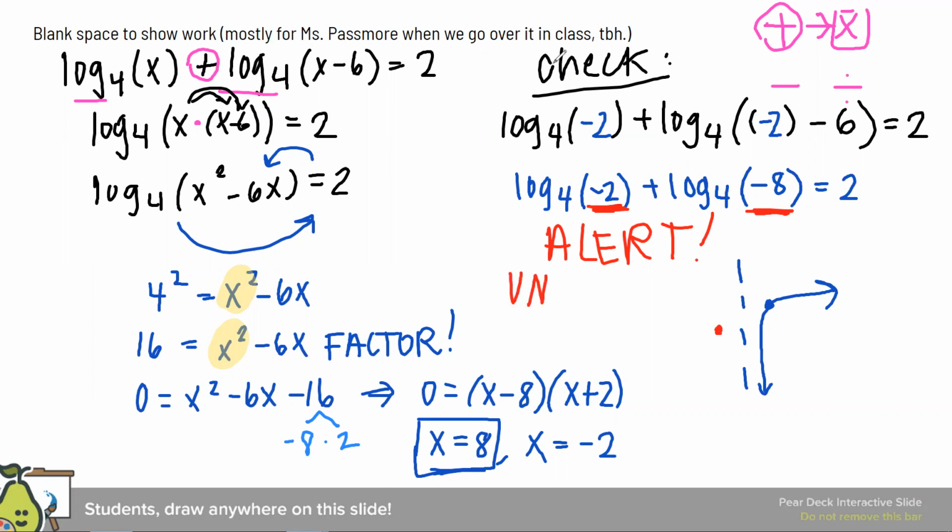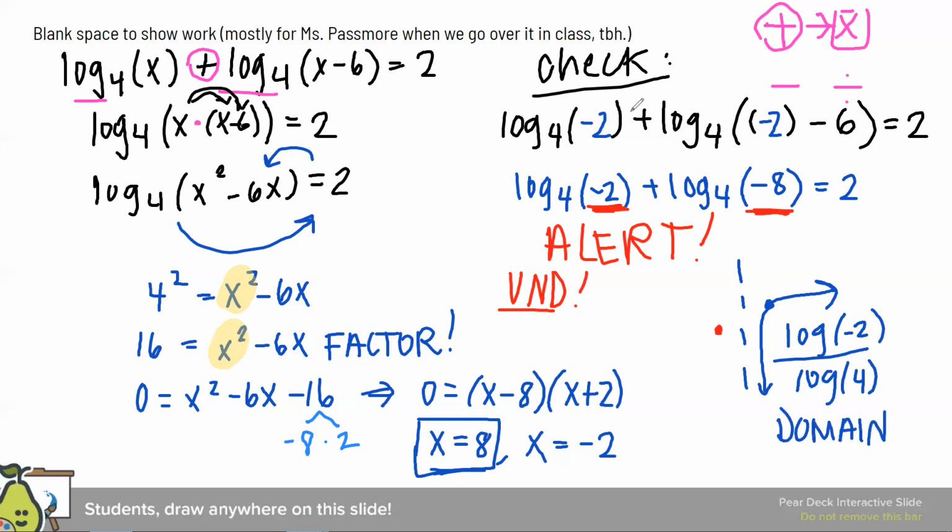It's actually undefined. So if you were to check what log base 4 of negative 2 was, if you forgot to use the properties of logs to convert them, change of base would say that you have log base 10 of negative 2 divided by log base 10 of 4. And if you put this in your calculator, it's going to say domain error or undefined,